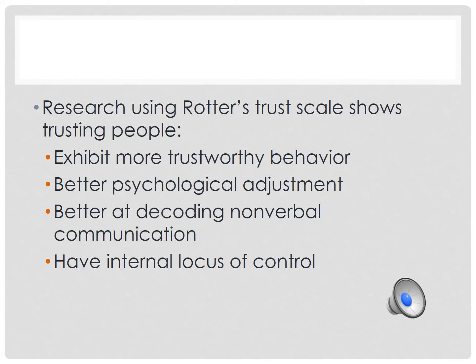rather than less. And then finally, and you maybe would expect that Rotter would have explored this, his work shows a higher relationship between trust and internal locus of control, which again, at least in our Western culture, tends to be linked with positive psychological characteristics. All right, so this is a handful of pieces of evidence that suggest that trust, at least as Rotter defined it, actually is something that is positive rather than negative. As we move on, I'm going to introduce you to a possible extra credit assignment.